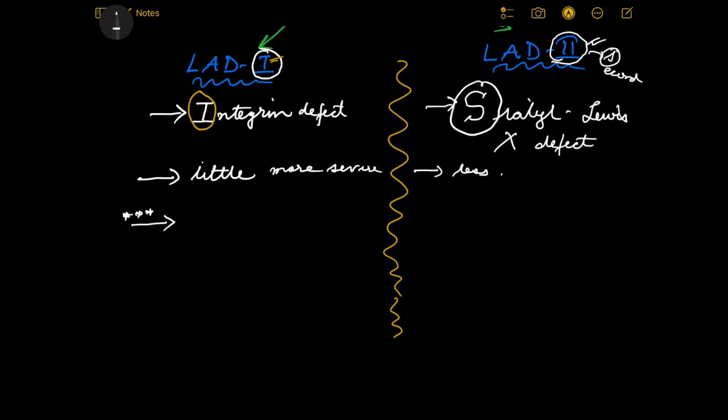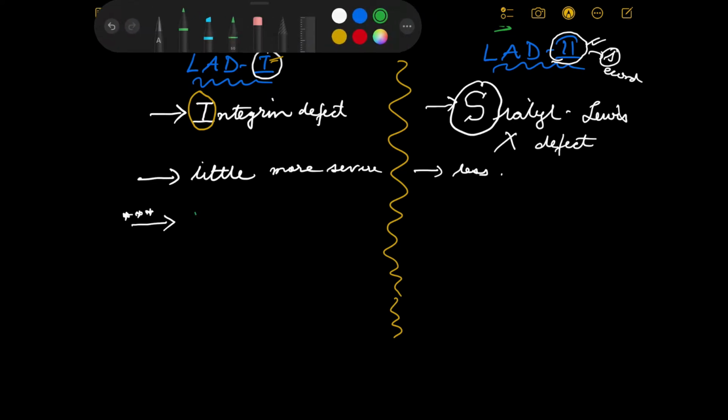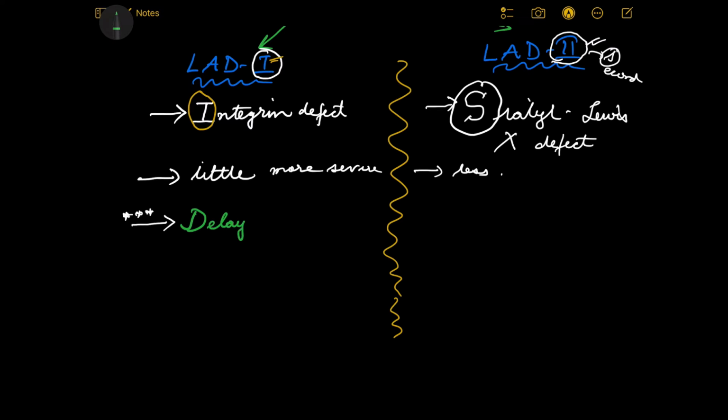In LAD1, often the mother describes that during childbirth, if the child has LAD1, there is a delayed separation of umbilical cord. Very, very important. If the child has LAD1, it has been seen that there is a delayed separation of umbilical cord, and